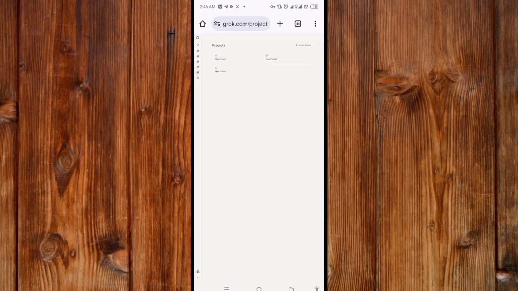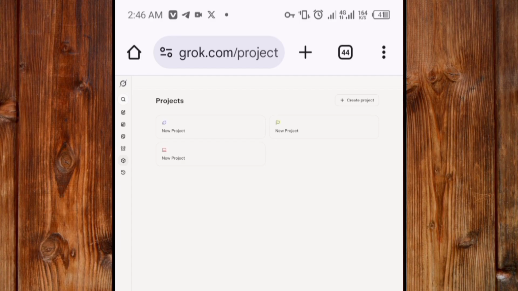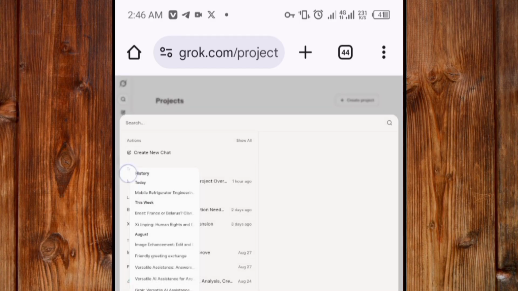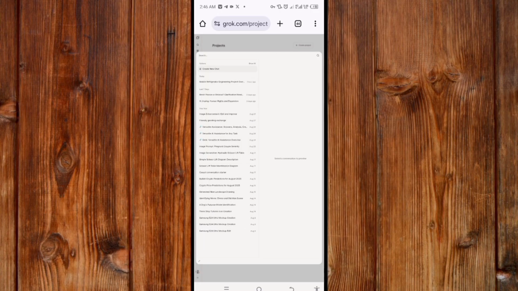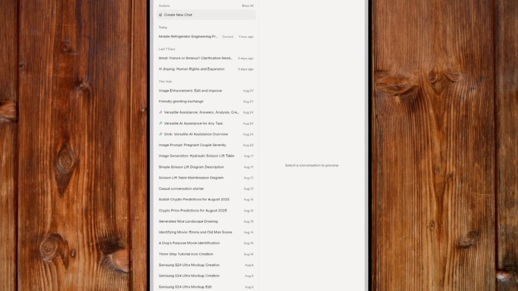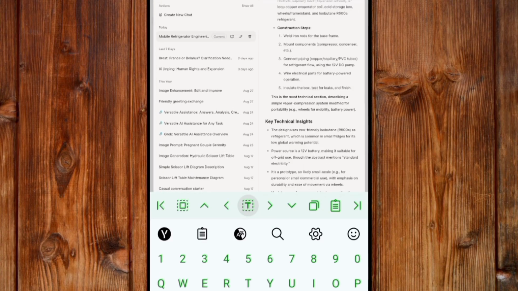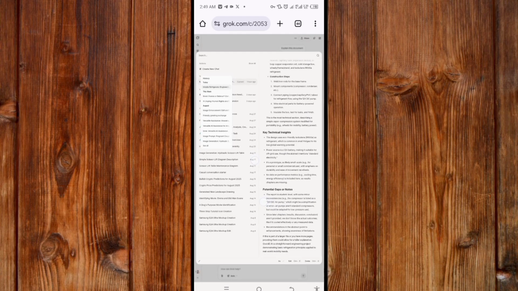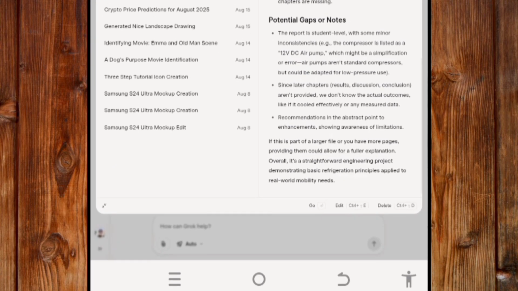Now here you can also see this icon, which means history. By clicking on it, you will find all the history, or the responses the Grok AI has generated. You can remove any one by clicking on it, sliding down like this, or zooming it in if you are using a mobile, and then click on delete, or on your computer press Ctrl D